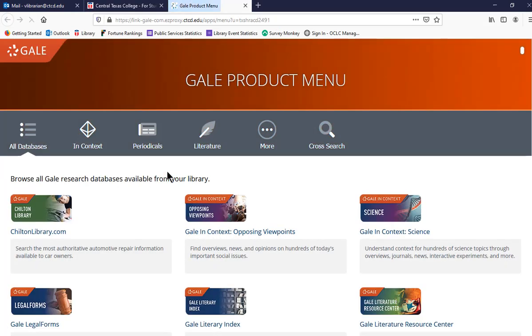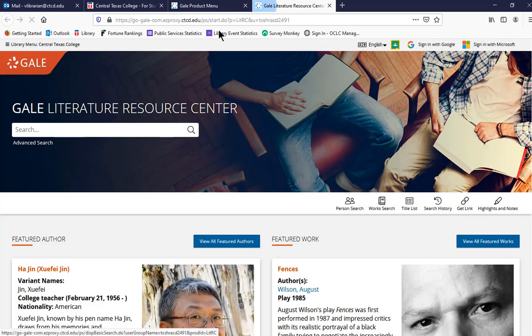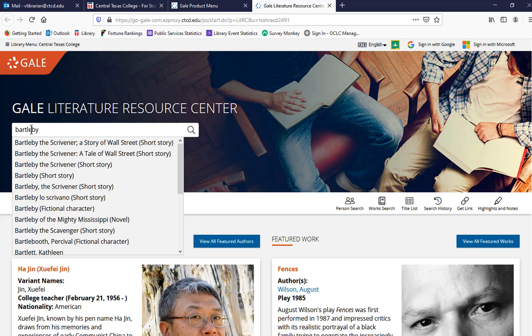When I click on that, it will bring up a variety of GALE products. I've got the GALE Literary Index, I've got GALE Literature Resource Center, and either of these two will do very nicely, but the one I'm wanting is the GALE Literature Resource Center. And then I can type in my keyword of Bartleby the Scrivener,